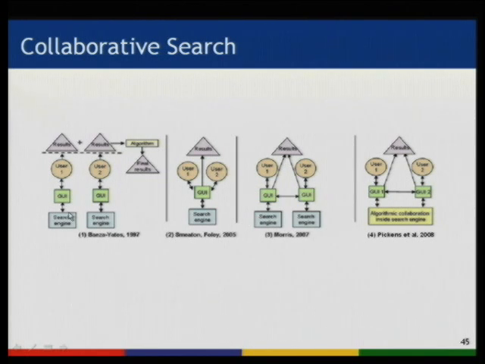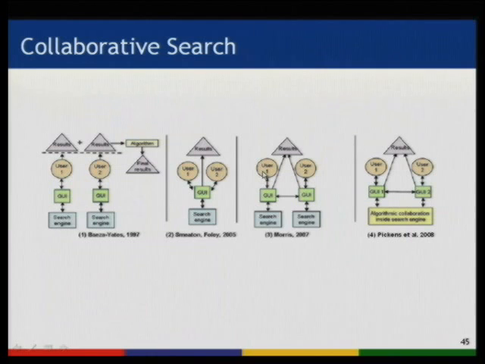So in an old one by Yates '97, somebody used a search engine, another person used a search engine, they each got results, and these were compiled and listed. Maybe they were ranked somehow and then listed. So they're not really working together, they're working independently and the results are being compiled. In another case, there are two users using a GUI together and the results are shown to both of them.